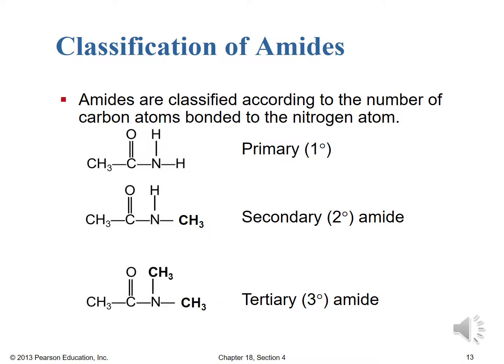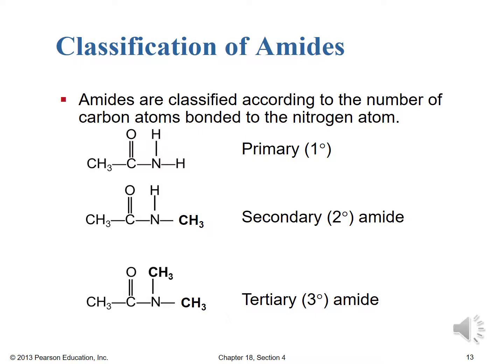Just like we had the classification of amines, we can also classify amides in a similar fashion. So amides are classified according to the number of carbon atoms bonded to the nitrogen. Same process as the amines. In the case of a primary amide, the nitrogen obviously has to be bound to the carbonyl carbon, and then in a primary amide you have just 2 single bonds to hydrogen to complete the valence around the nitrogen. In the case of a secondary amide, you obviously have the nitrogen bonding to the carbonyl carbon, and then